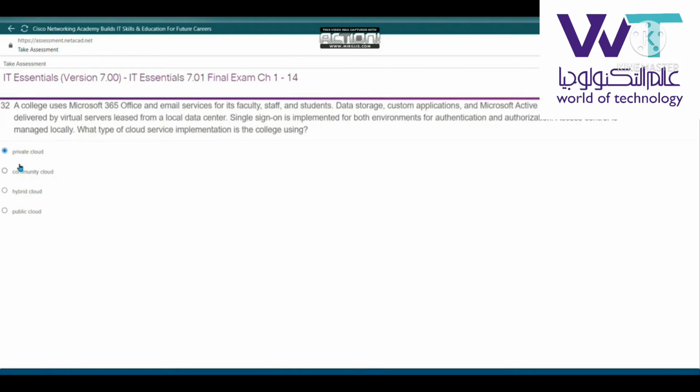A college uses Microsoft 365 Office and email service for its faculty, staff and students, data storage, custom application and Microsoft Active Directory server, and delivered by virtual servers leased from a local data center. Single sign-on is implemented for both environments for authentication and authorization. Access control is managed locally. What type of cloud service implementation is the college using? هتبقى private cloud. السؤال اللي بعده